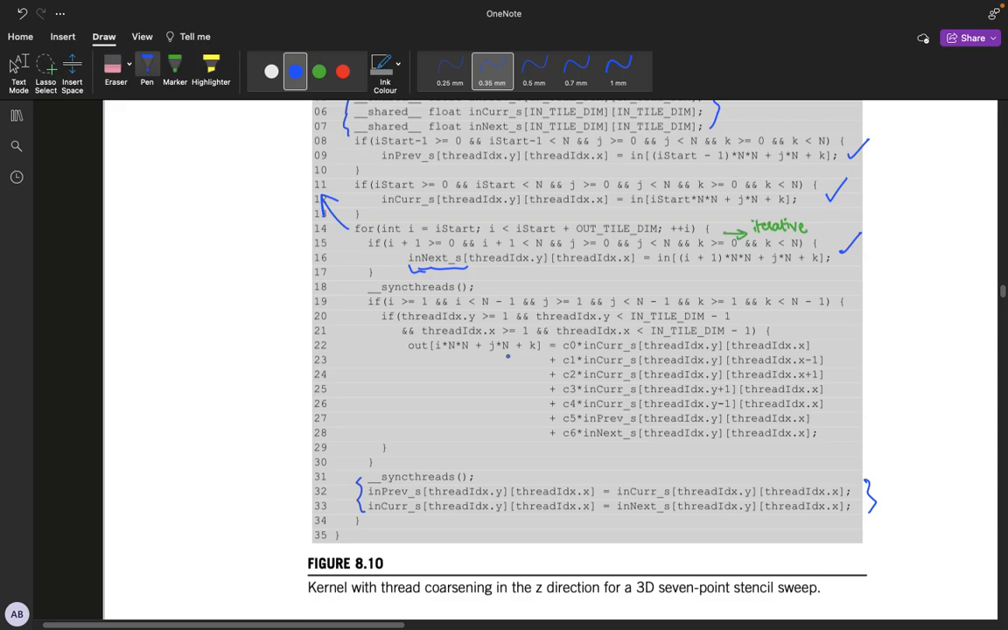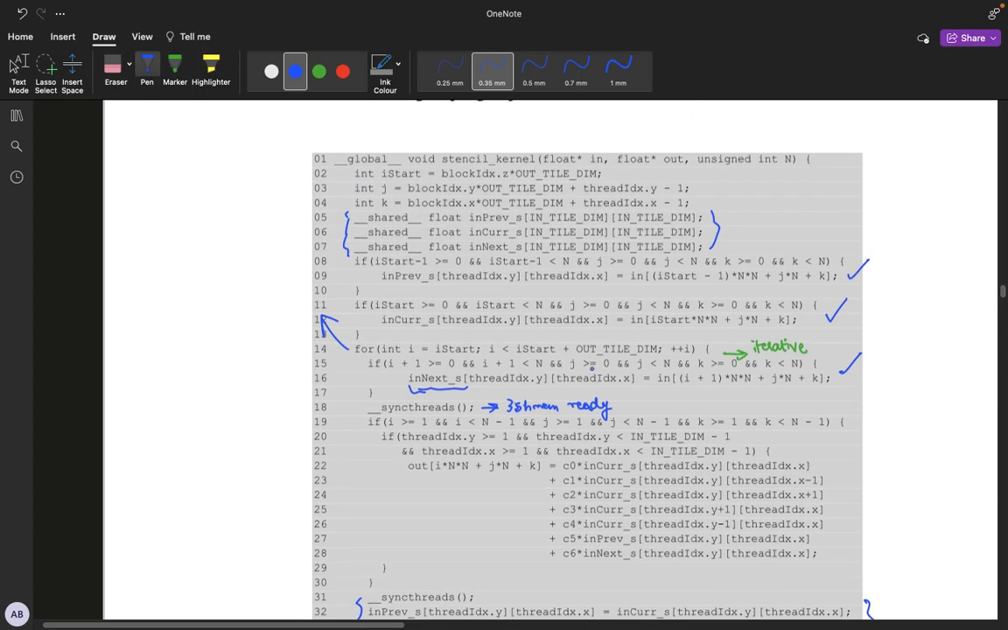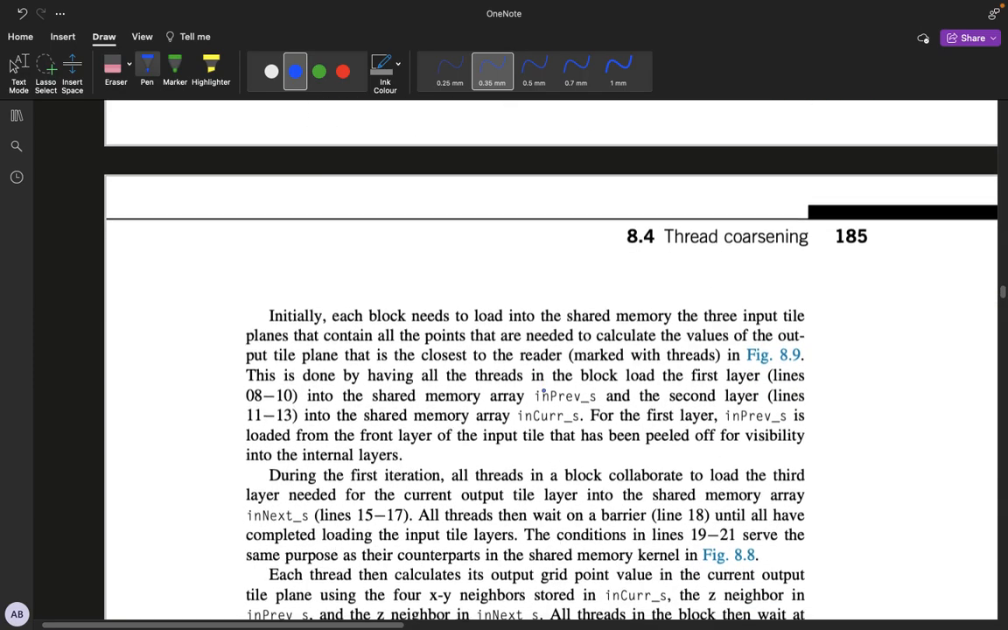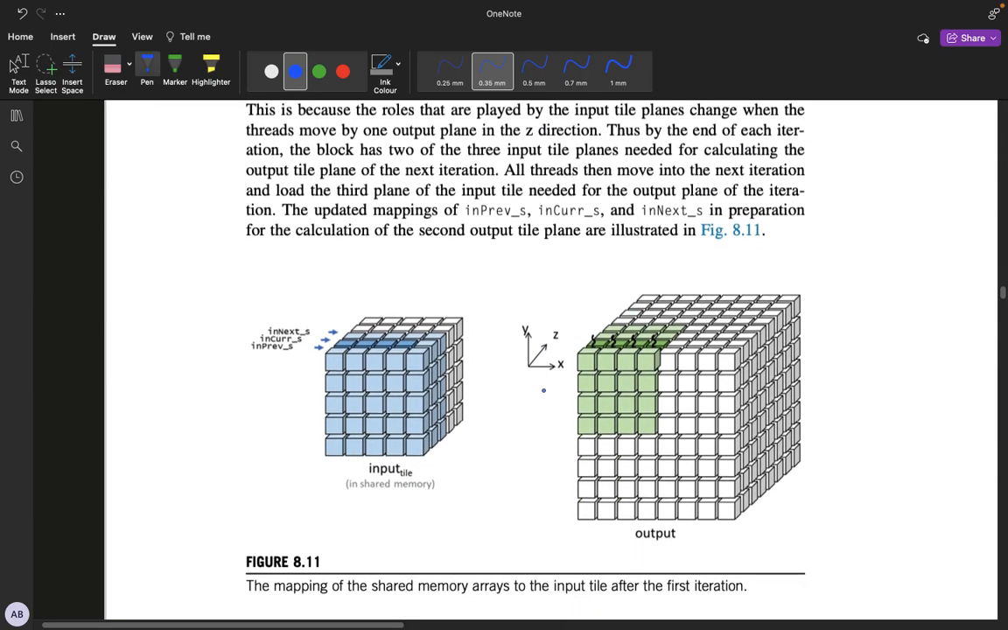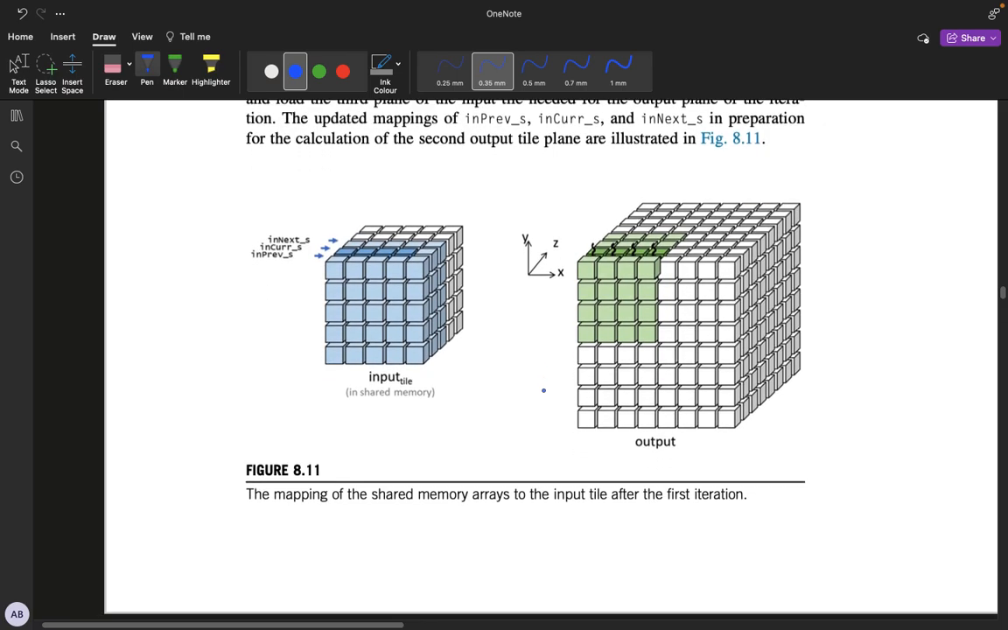So in each iteration, once the three shared memory planes are ready for further computation, we just do our simple computation. This is just a simple computation. Okay, yeah, this is done. So this was thread coarsening, and now another observation here is that this thread